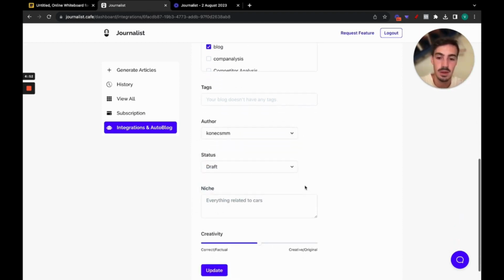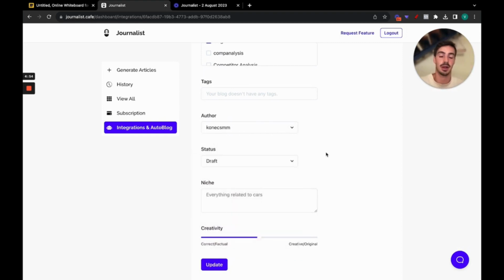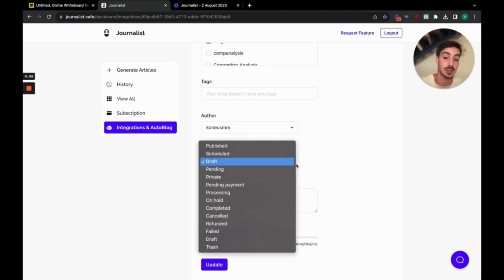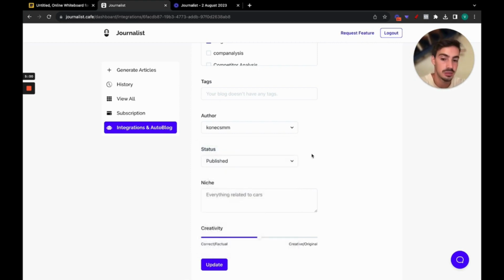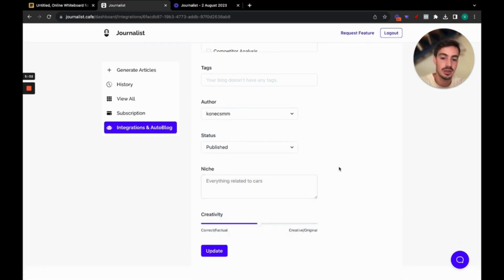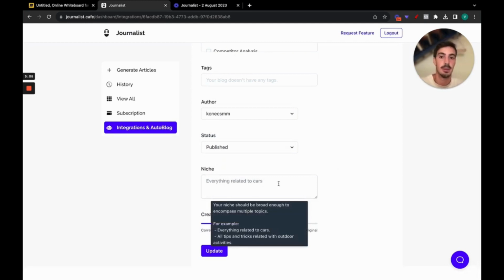Let's do this one. Status, you can have the articles automatically be written and posted as drafts. So you can then improve them if you want, or have someone improve them, or you can just put them all as live, right, from the get-go. And then the niche, right? This is where you essentially put in the info that you want the articles to be about. So